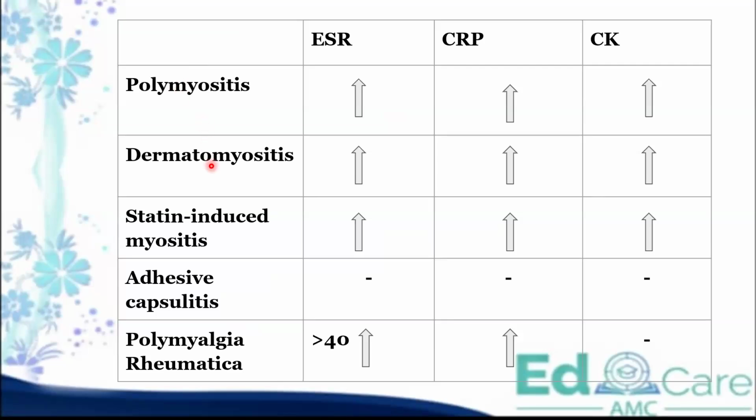Polymyositis, dermatomyositis, and statin-induced myositis, you get all of these three elevated, right? So there's a confusion here about whether CK is elevated or not in statin, but the guidelines say specifically, even in the research papers, it says statin-induced myositis does elevate the creatinine kinase. So if they're giving you a muscle-related thing, weakness, with a patient who is on long-term statin or long-term